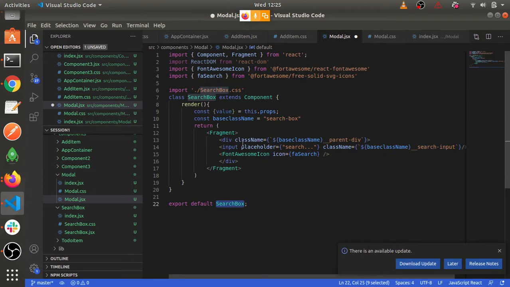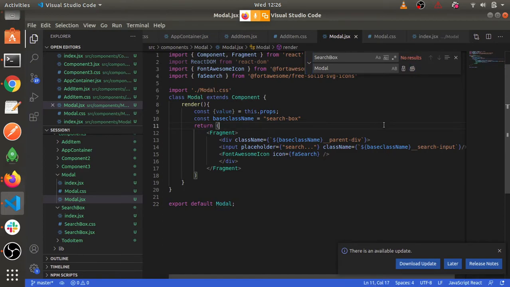So everything is search box. First I did Control F, searched for search box, and then replaced it with modal. There are two options: replace one by one, where every time I press enter one is replaced, but I want all, so there is one option for that as well. Got it?